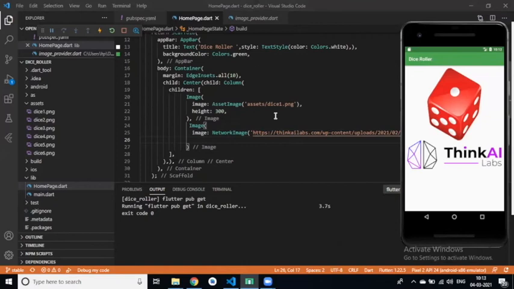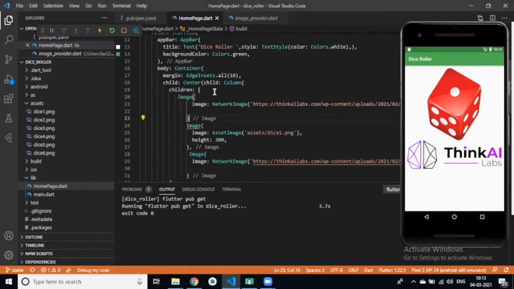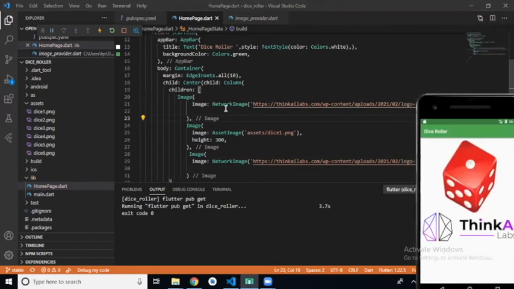So in the image widget, we can use a network image or our asset image, right? So I will keep this file as a logo for our app. And the height I've defined is 50.